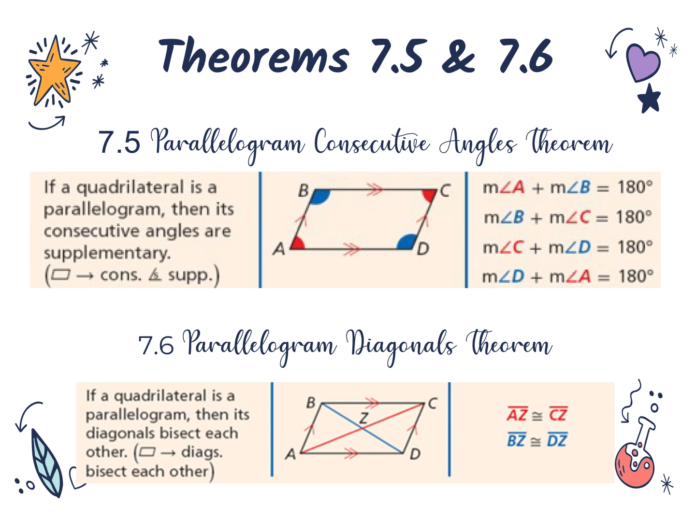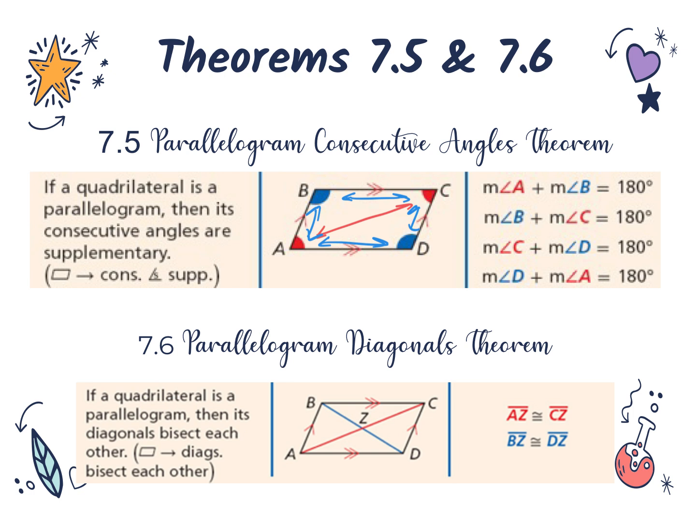So we have now Theorem 7.5 and 7.6. Theorem 7.5 states the parallelogram consecutive angles theorem. It says if a quadrilateral is a parallelogram, then its consecutive angles are supplementary. So what does that mean? We know that these angles are congruent, which are across, but now the angles that are next to each other, like this,